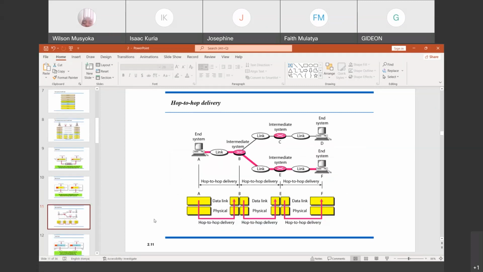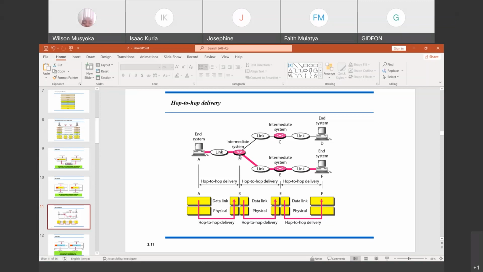So if you want to see the hop-to-hop delivery, this is how it looks. An end system here is going to prepare a message for transmission, and then it moves it through this link to the intermediate system. This intermediate system is going to check. Since we have these two end systems, our intended recipient is node F, not node D. So maybe the intermediate system is a switch, and it checks the MAC address, and it sees that the destination MAC address is on this side.